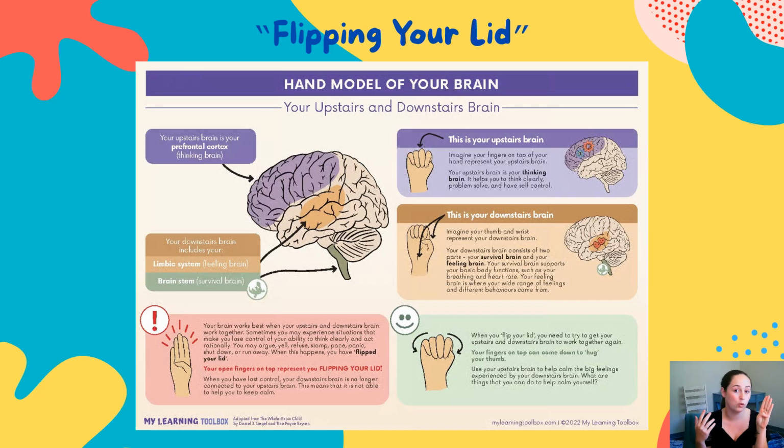So that's why when we're mid-tantrum, there's no use trying to reason with a child. They're not able to right now because their brain has exited thinking mode; that is offline. What we need to do as parents is to help calm the child so we can get the thinking brain and the survival brain working together again.